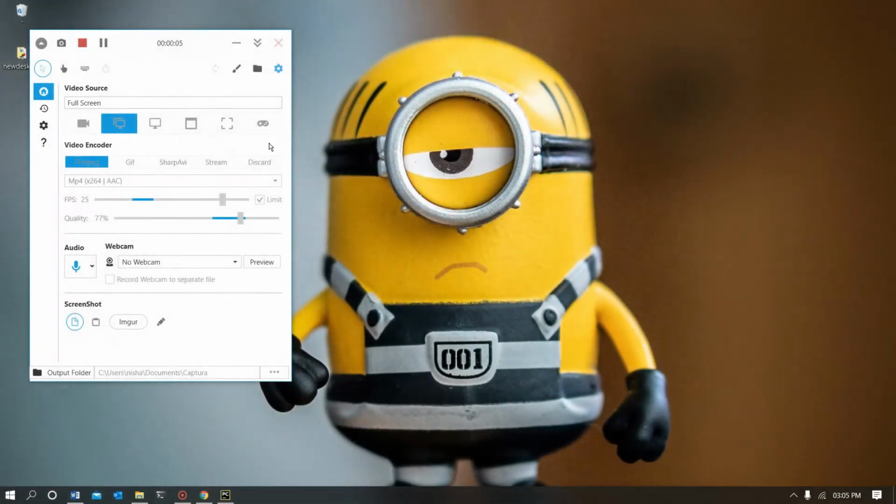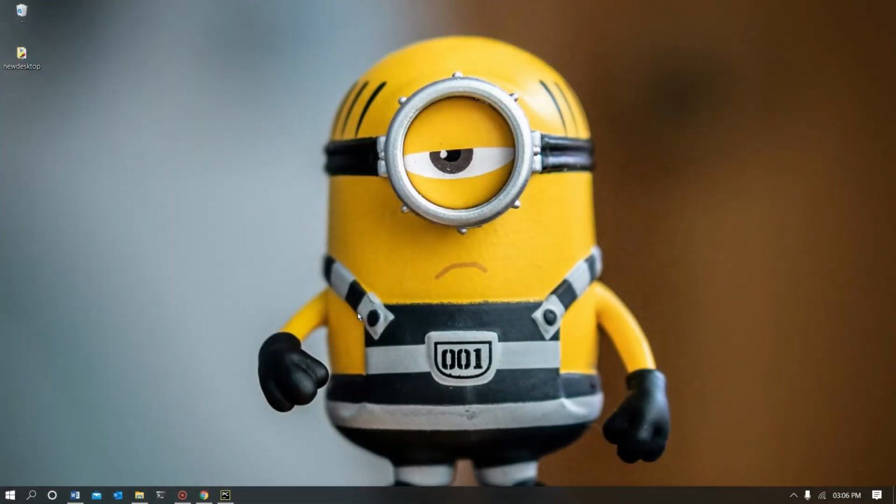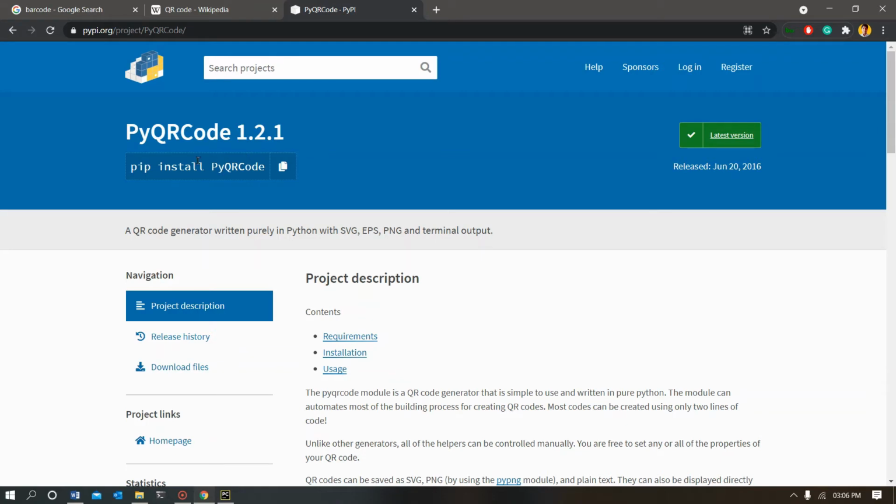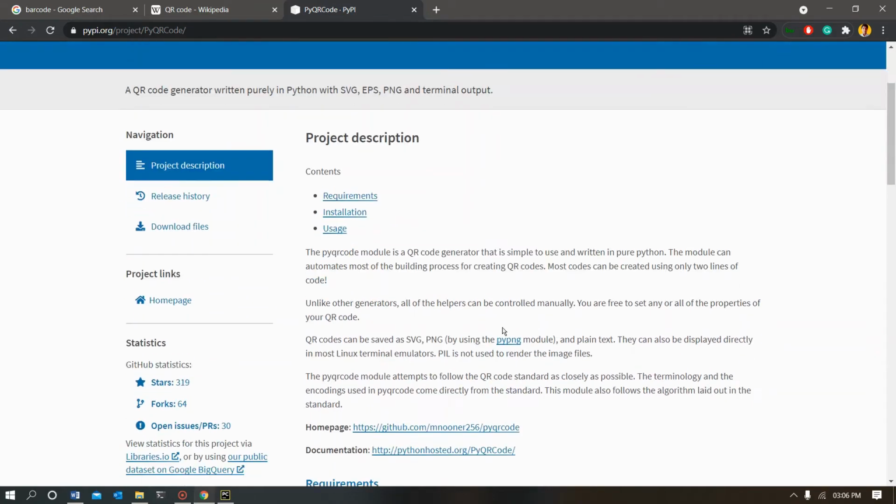Now let's see the implementation part. So firstly, open your Python IDE. You can use PyCharm as I am using it. And the second thing which is very necessary is the PyQRCode and PyPNG libraries. We have to install these two libraries.